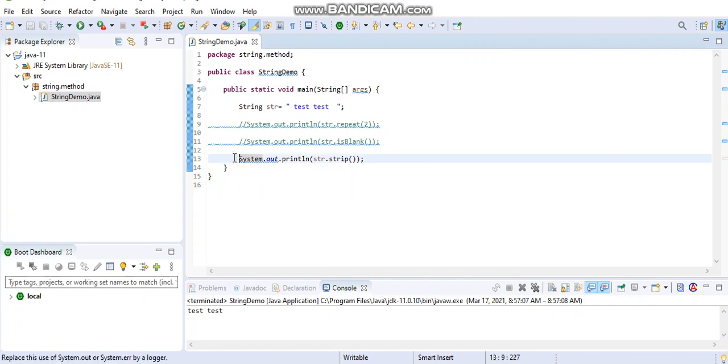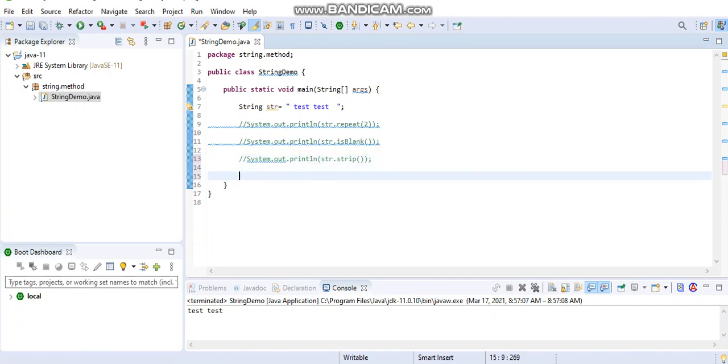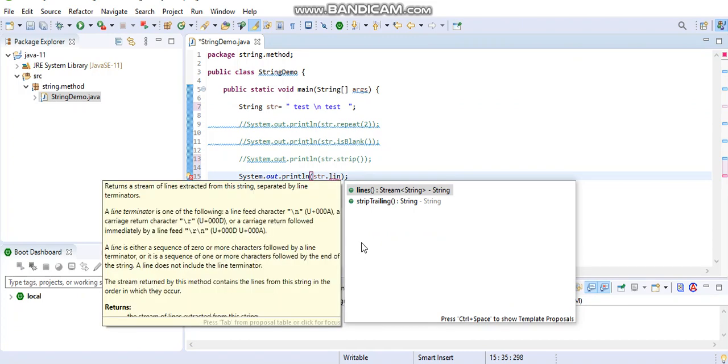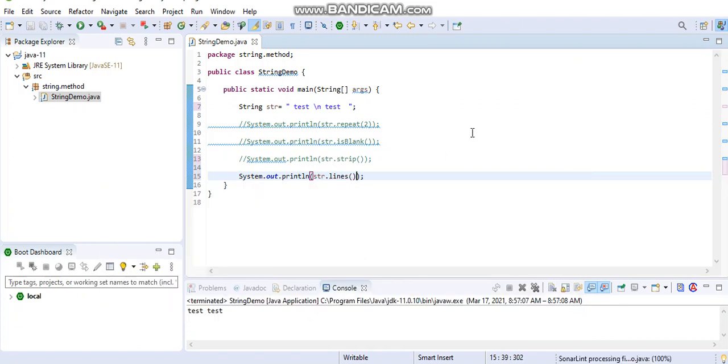Now we will move to the lines method. I'll take the same example, System.out.println, and suppose for a line we can use a backslash n, right? In Java, backslash n is considered a new line, then I'll call lines.